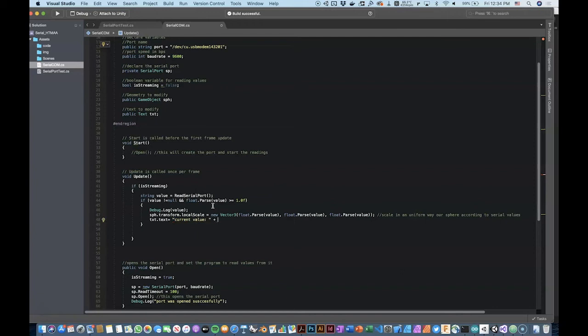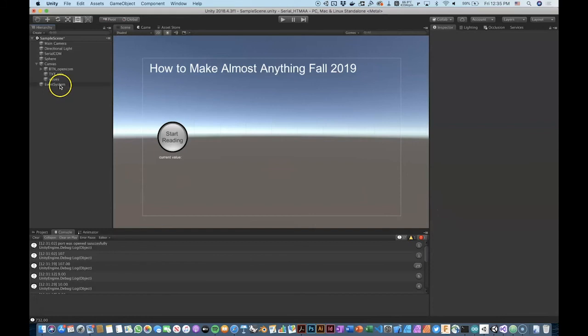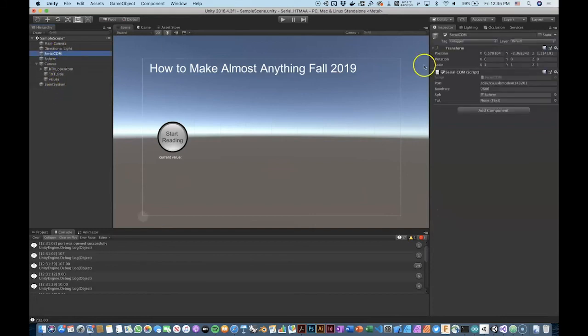plus, and we can now parse this. Actually we don't need to parse the string, we can just say value because it's a string already. So this will update the text in the UI. If we compile this again, and if we go to Unity, basically we just build it, and if we go to serial communication, now we see that we have another slot for a text object, and we will just drag this to values. I can execute this now,